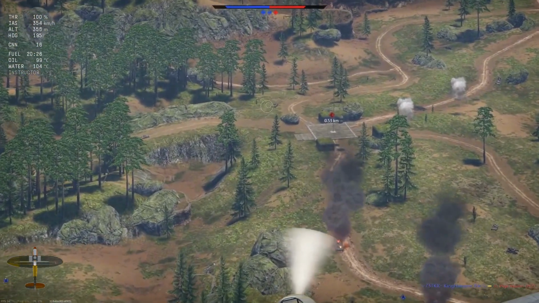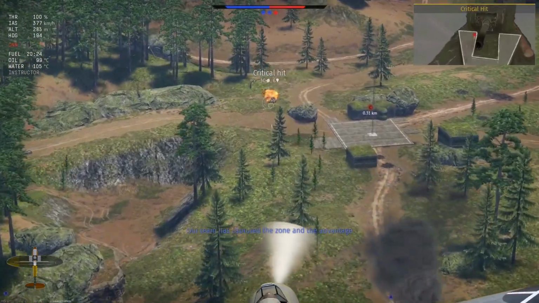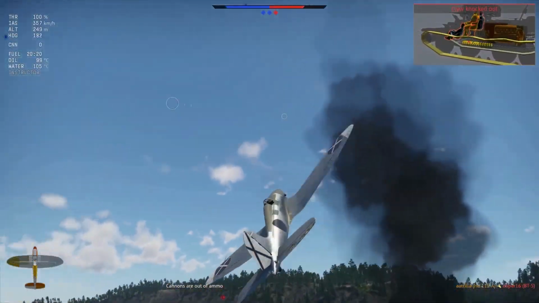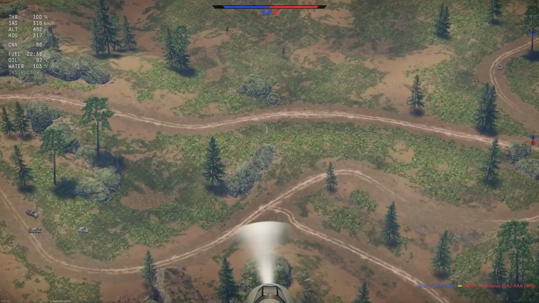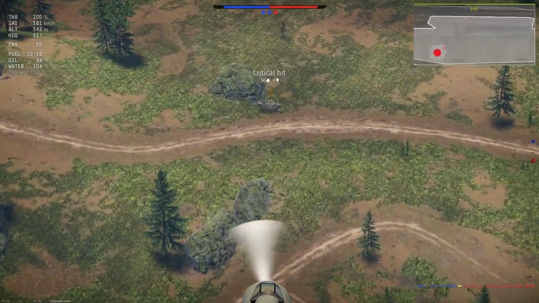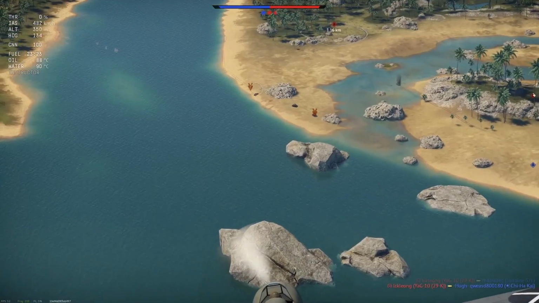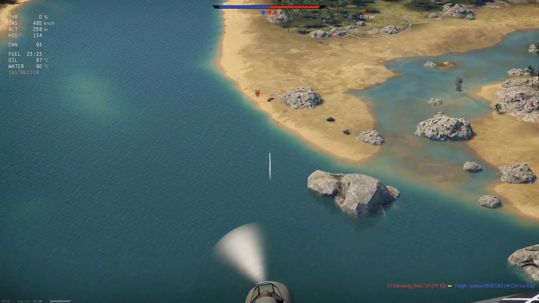APIT rounds have good penetration, over 40mm, making them good against lightly armored targets. Cannon has 100 rounds, but the slow rate of fire means that you can make these 100 rounds last. On the other side,